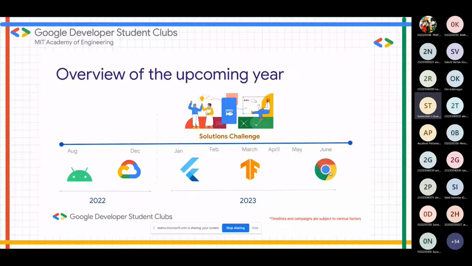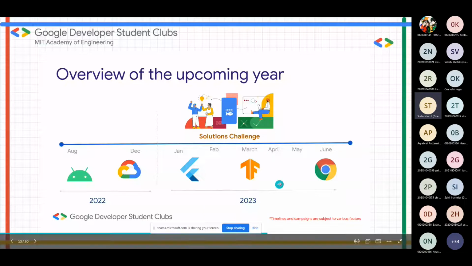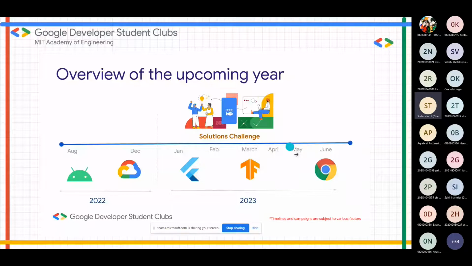Whatever we do in GDSC, you must have knowledge of one Google technology. It might be Flutter, Android or GCP, but you must know some Google technology. Then only your project will be considered. About the solution challenge, you will get to know in coming time. Till then, be active on all our social media.